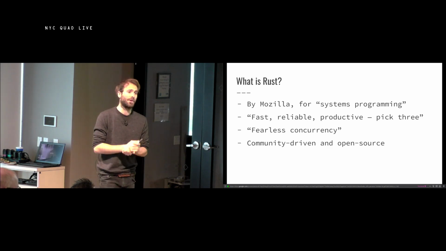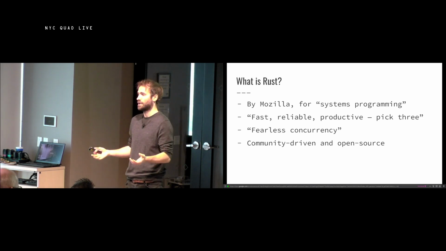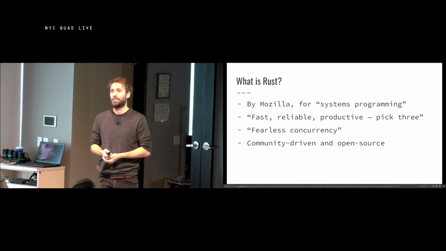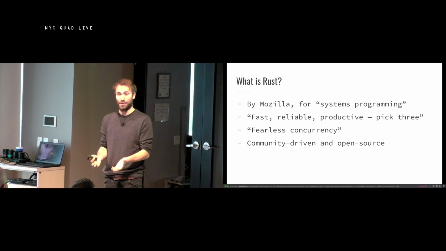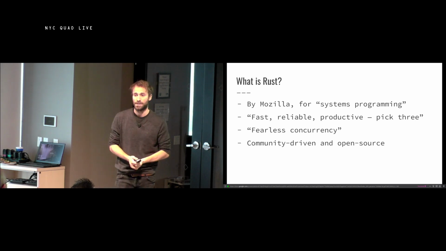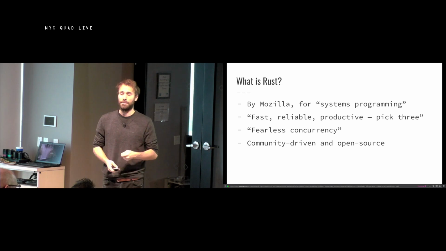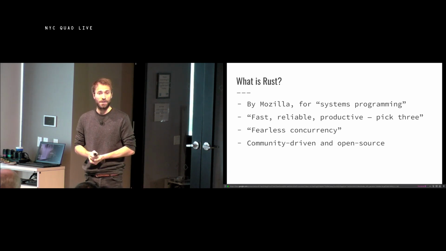The Rust language is also very community-driven, so it is entirely open source. Everything is run on GitHub. There's an RFC process for extending the language, for extending the compiler, and I have several things that are now in the compiler available in the language, and you can too, and you can get involved in that process. And that is one thing that is really neat about this language as opposed to many other languages. Rust is on a 6-week release cycle, so new things also get released fairly quickly.